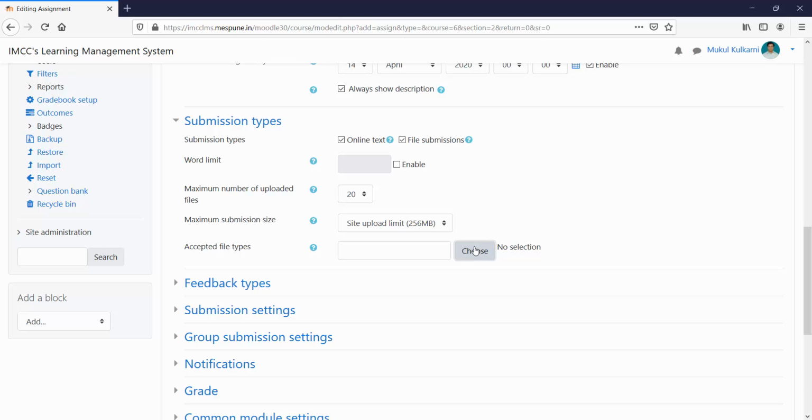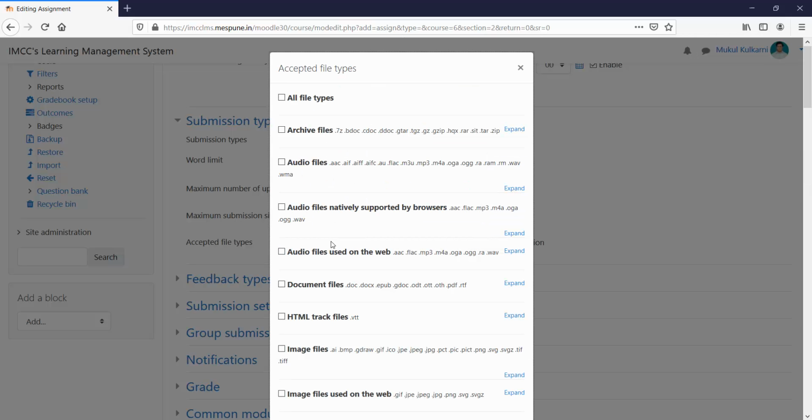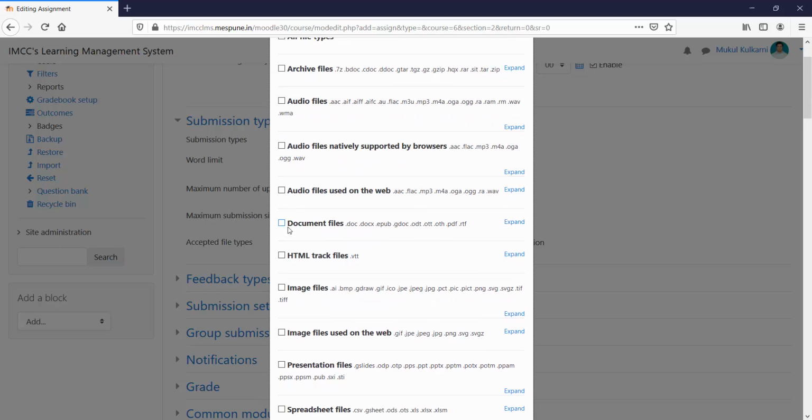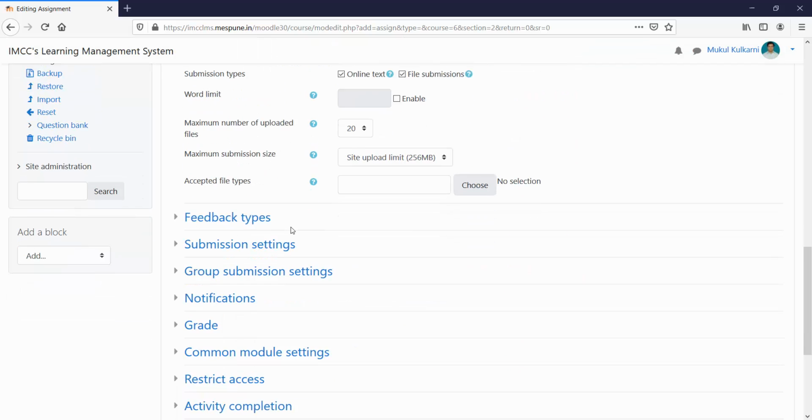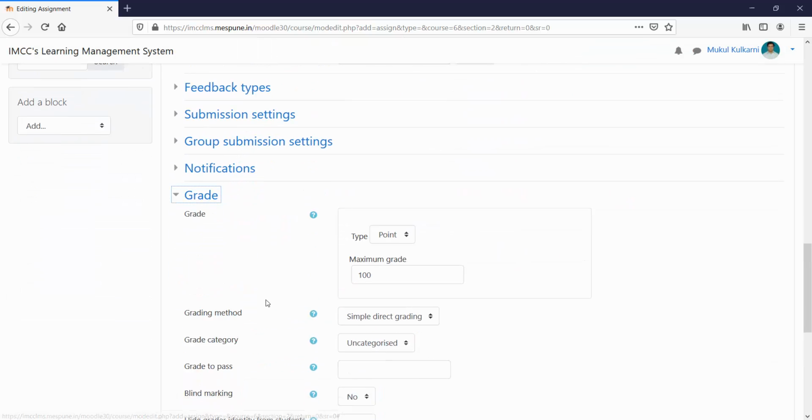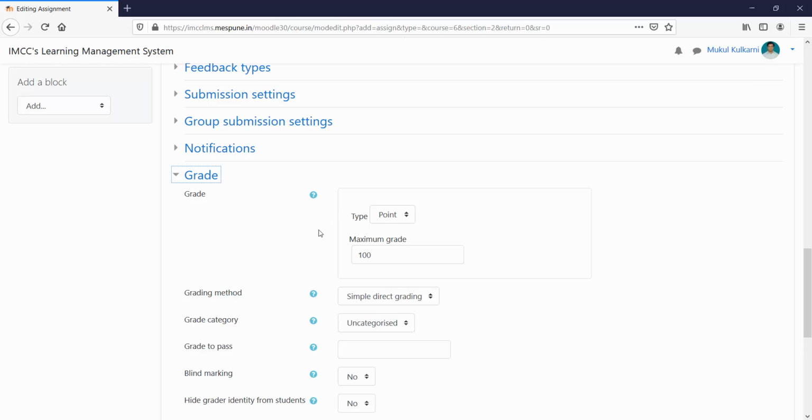This is a very interesting option that we generally use, where I can select which type of files students should be able to upload. Okay, generally for assignment I can allow students to submit a document file or image file. Some of the languages also require to be submitted in audio format files, so you can choose accordingly. Now you can also mention your grades here. So if your assignment is for some 50 marks, 70 marks, or whatever the grading that you want to give,